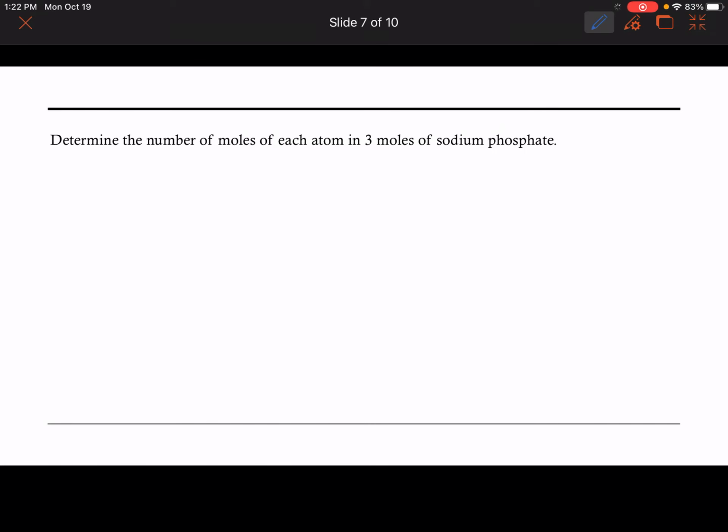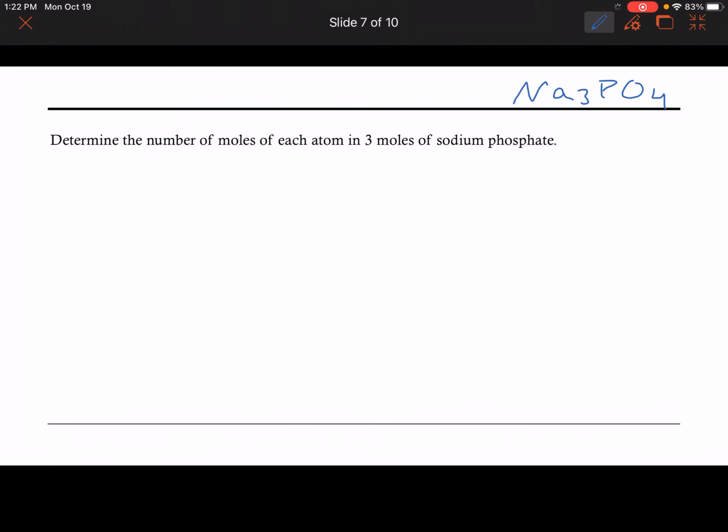Okay, next example here. Determine the number of moles of each atom in 3 moles of sodium phosphate. So again, right away you have to make sure you know how to write the compound. So sodium phosphate is going to be